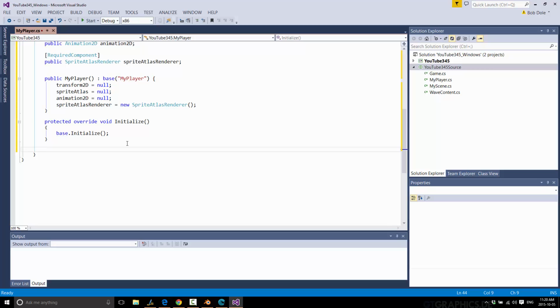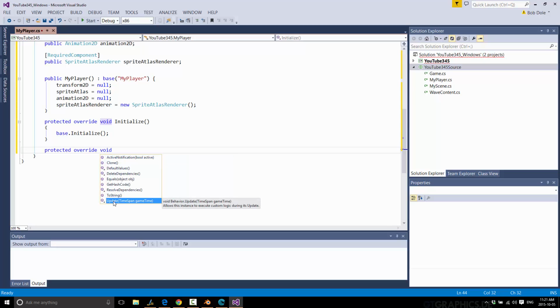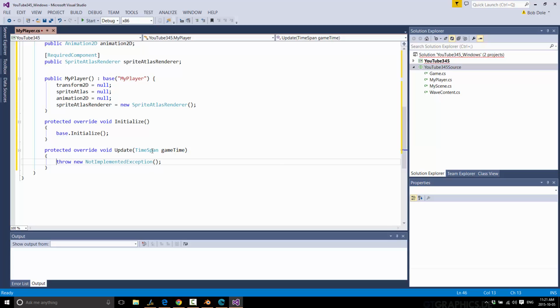Okay, and so finally, we're actually going to put some logic in here. And this is where your game loop comes in. This method is called throughout the life cycle. I will show you via IntelliSense. So you've basically got Update. So this is the key guy. Update is called per frame, and this parameter tells you how long has elapsed since the last time it was called. So here we are going to handle